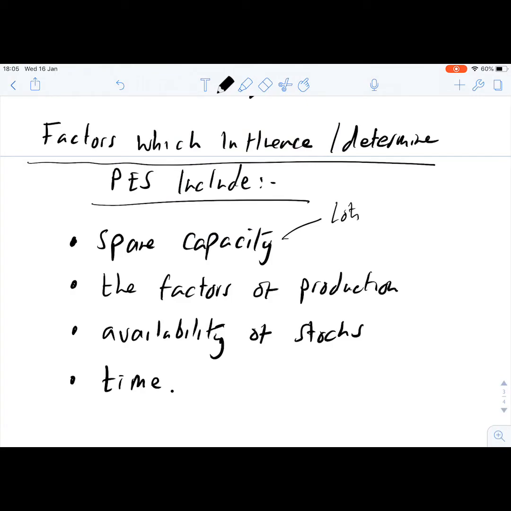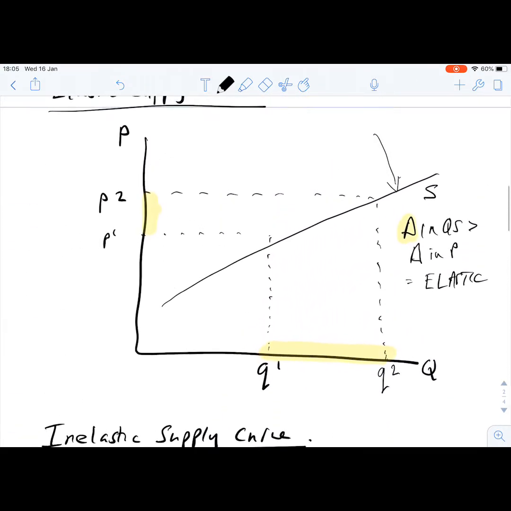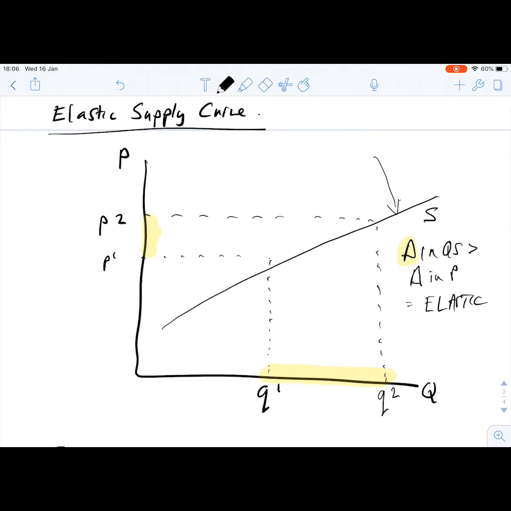Because if there is lots of spare capacity, then the supply can be very responsive. So it'd be elastic, because it therefore means that if there is an increase in price, of course firms want to take advantage of the increase in price because it's their objective to maximize their profit levels. Basically, if they've got loads of spare capacity, they've got all the factors of production available to make more products, to supply more products to the market, to take advantage of